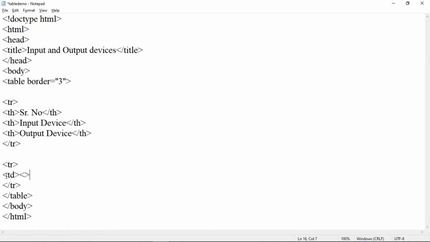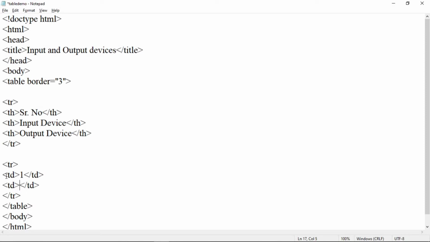So td and end of td. This content will not be displayed in a bold face. Okay, so here add content, suppose 1, because in first column there is a serial number. Then add second column td and end of td.